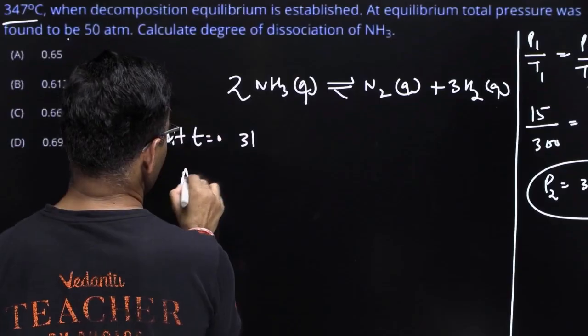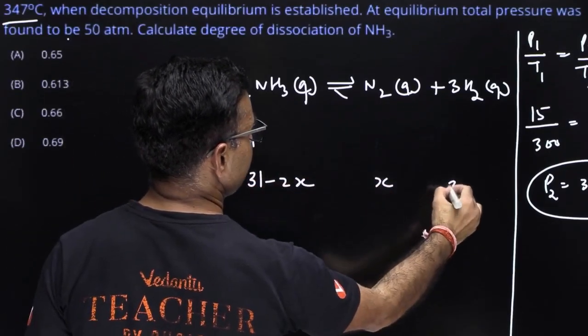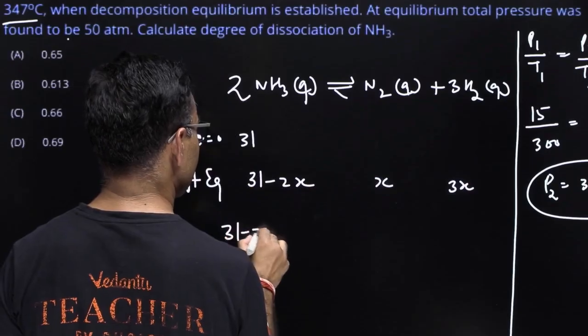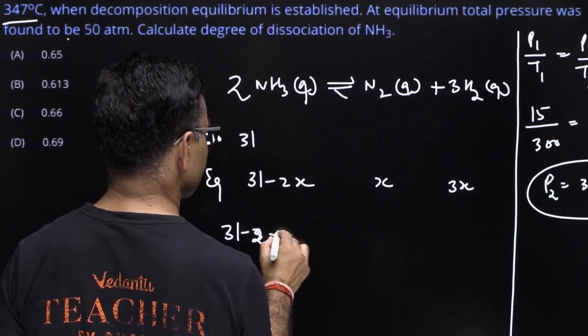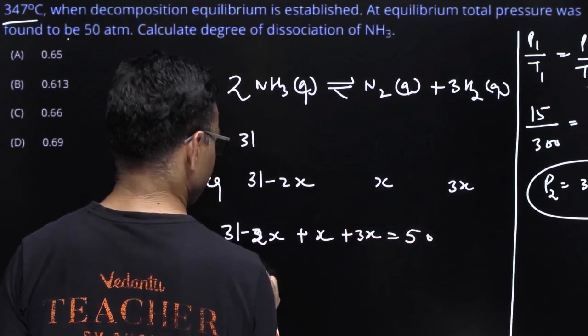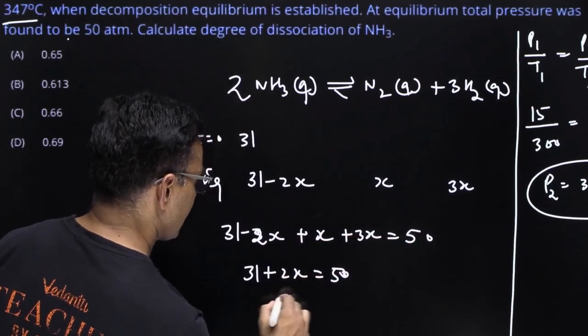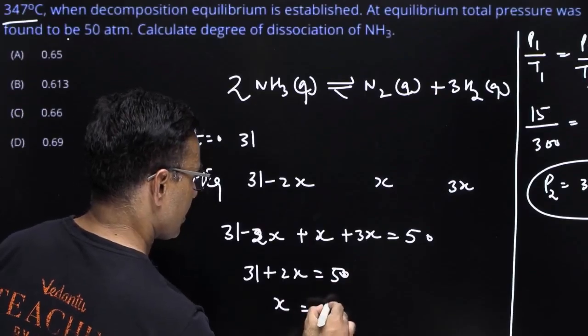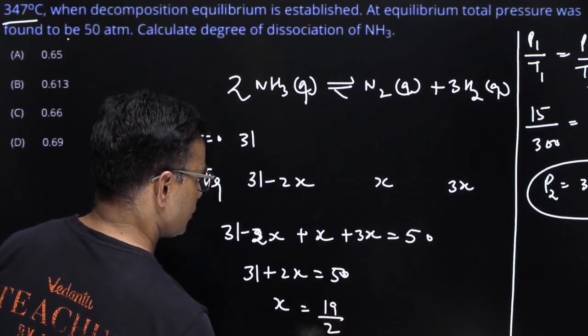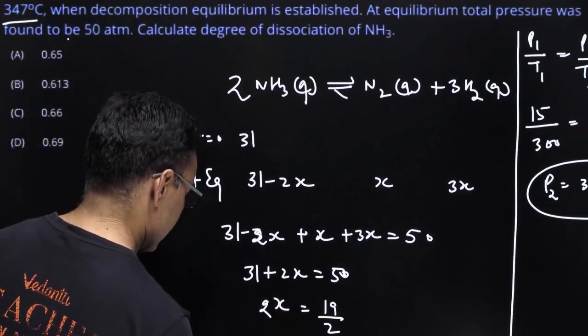तो T इज इक्वल टू 0 पे, बिगिनिंग ऑफ रिएक्शन 31, एट इक्विलिब्रियम 31 माइनस 2x, ये बनेगा x, ये बनेगा 3x, एंड टोटल प्रेशर एट इक्विलिब्रियम इज गिवन, तो 31 माइनस 2x प्लस x प्लस 3x इज गिवन एज 50, तो 31 प्लस 2x इज इक्वल टू 50, तो 2x इज इक्वल टू 19, राइट। बल्कि एक काम करता हूँ, मैं 2x निकाल लेता हूँ, आई नीड ओनली 2x,